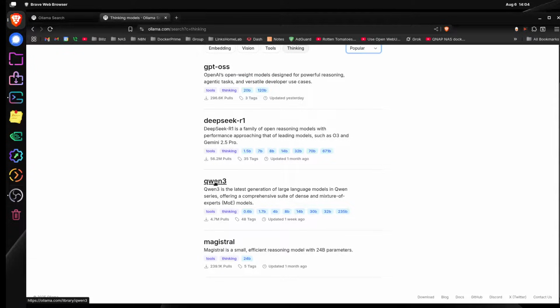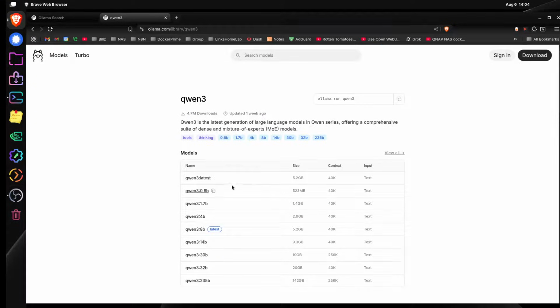But in order to get the model, so if I want this Qwen 3, I would click on that, and then I need to pick the parameters. So this one's the latest, and it's 5.2 gigabytes, and it's 8 billion parameters. Or I'm sorry, yeah, 8 billion. So it's 0.6 billion, 1.7, all the way up to something crazy. So let's say I want to get the latest. I would just copy that